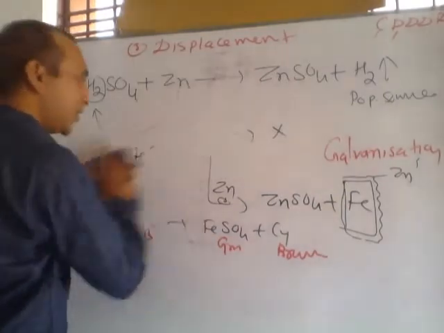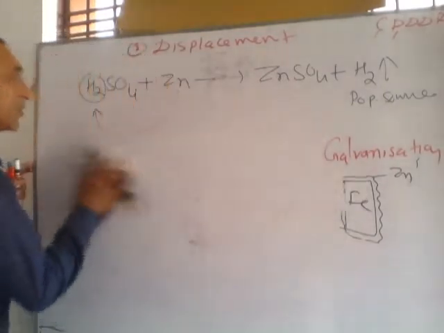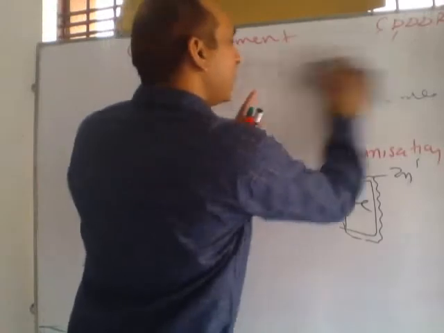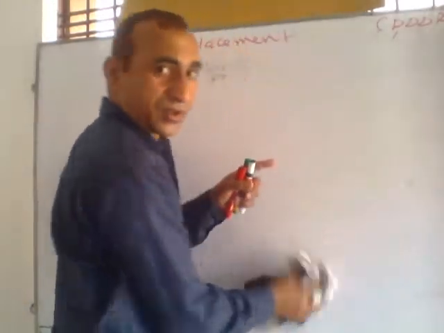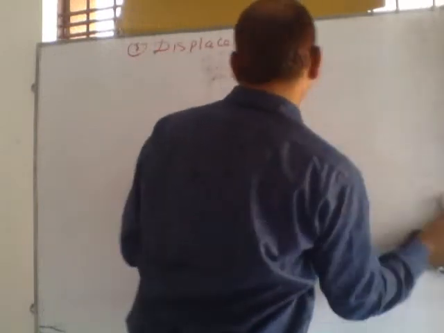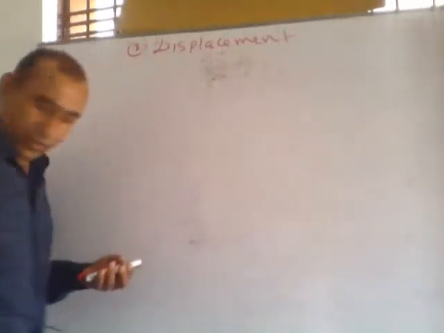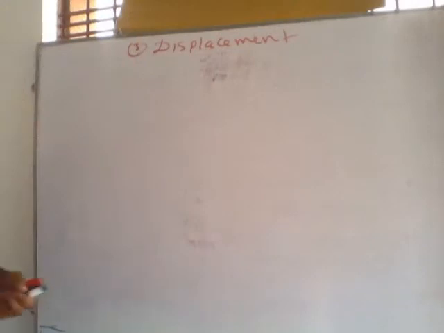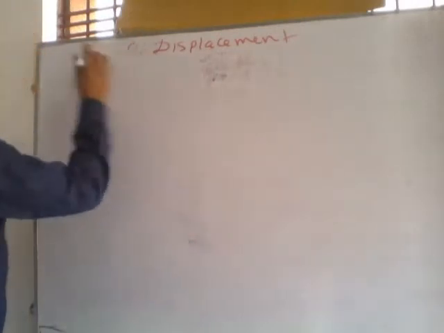Okay. So this is a displacement reaction. In a displacement reaction, what do we observe? One element replaces another element from its salt. Which element replaces? The higher reactive element replaces the least reactive element. Now the fourth is